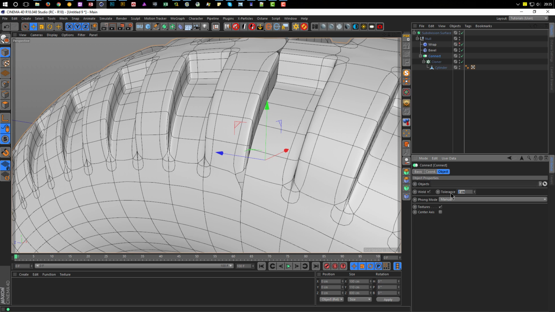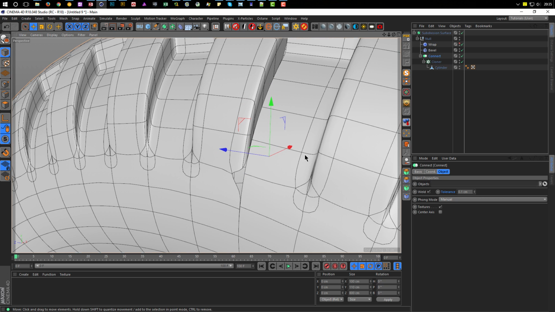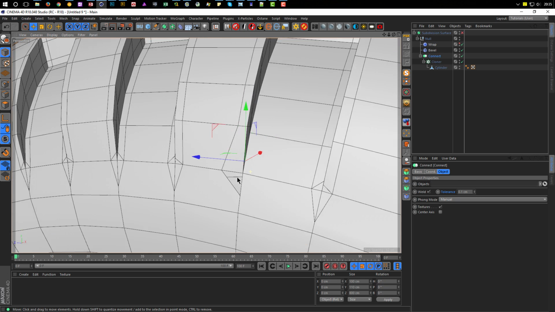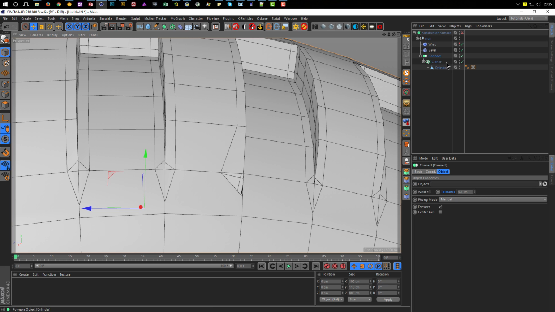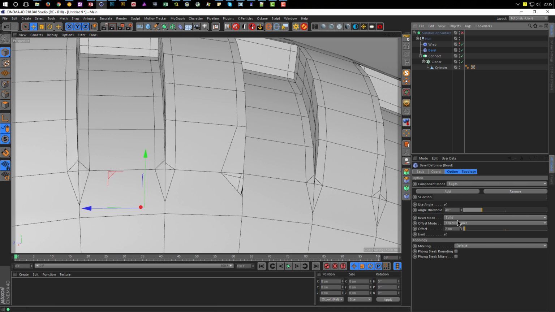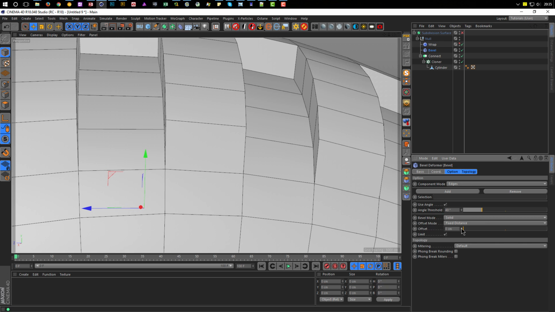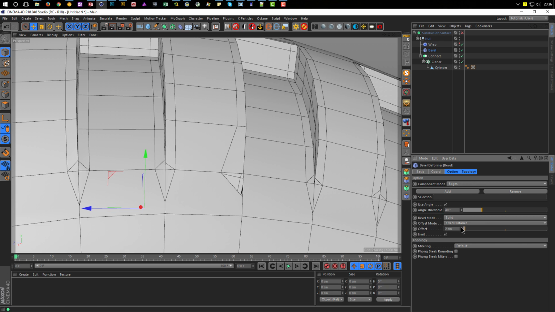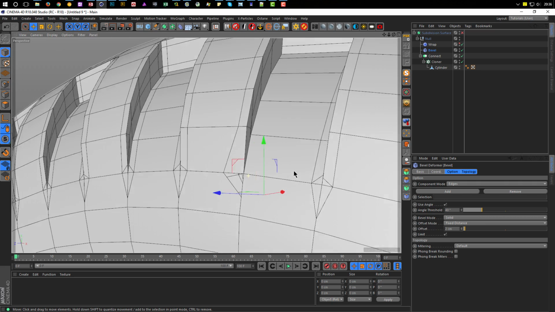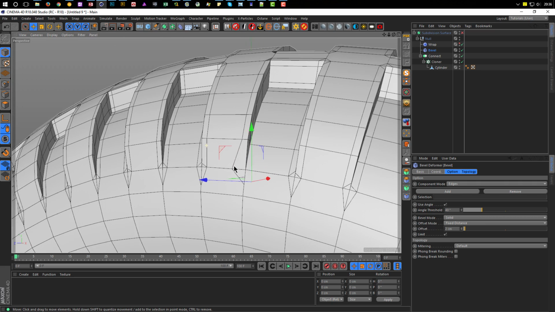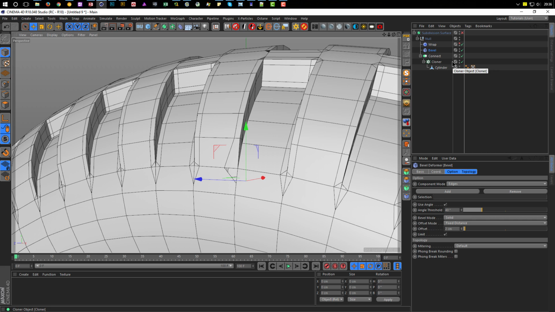Let's go back to the default setting. Let's make it a little different. It's no problem. I want it like this, so yeah, here we see it. The bevel makes problems here. When I go back with bevel, it seems that here the welding does not work, but it's no problem. What I do is